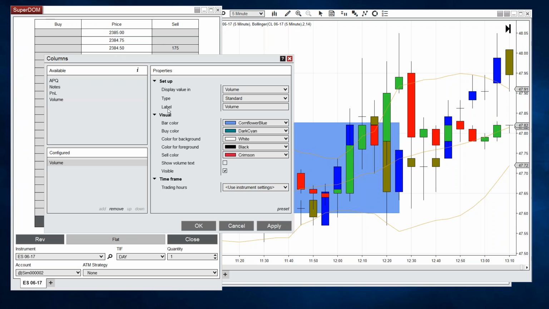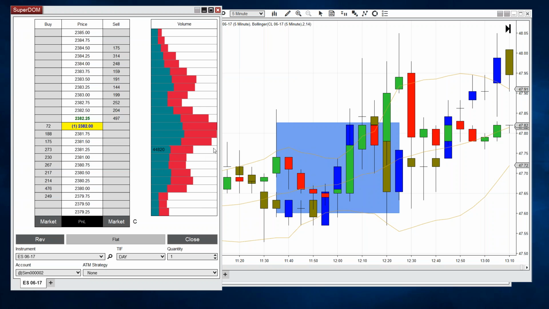On the right there are the properties, and I can say I want to show buy-sell volume, and I'll hit OK. So there is one way to display buy and sell volume per price row in the SuperDOM.